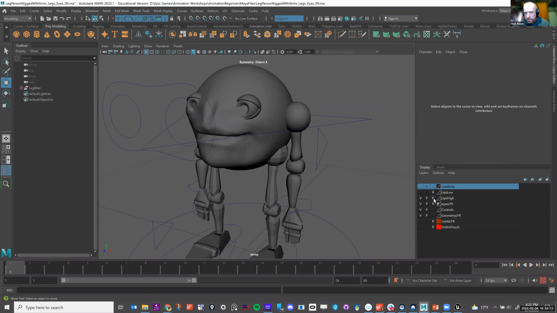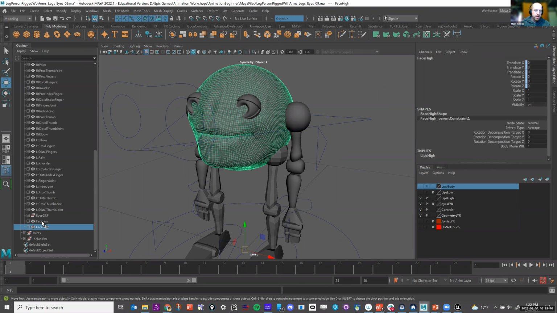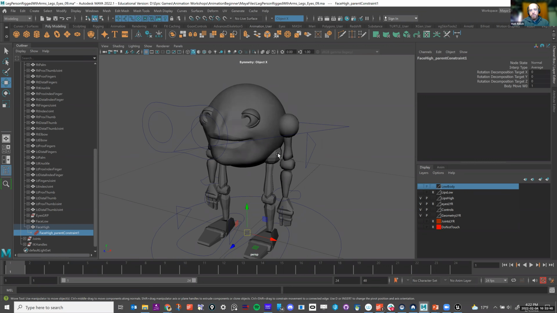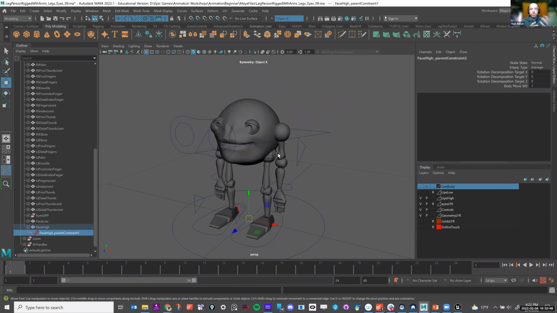The way that I created this character is, if I select a piece of geometry here, if I select the high character, you can see that this character is parent constrained. Essentially all I did is I had a joint and I had my geometry, and I just said, make a constraint, attach these two. Whenever I move one, the other one moves as well. I made this character for an introductory class, and it gets students interested, or starts them learning about how to rig. So that's just the quickest way to attach it.